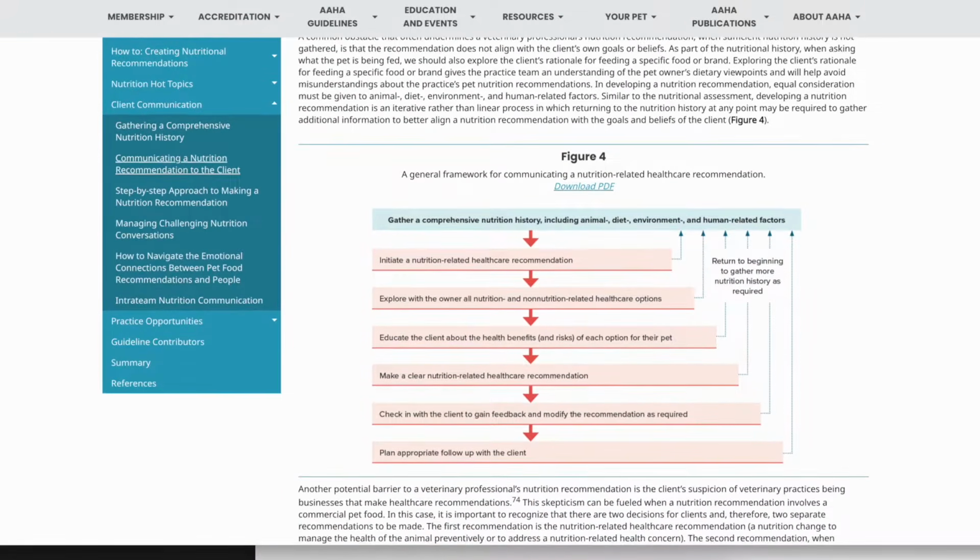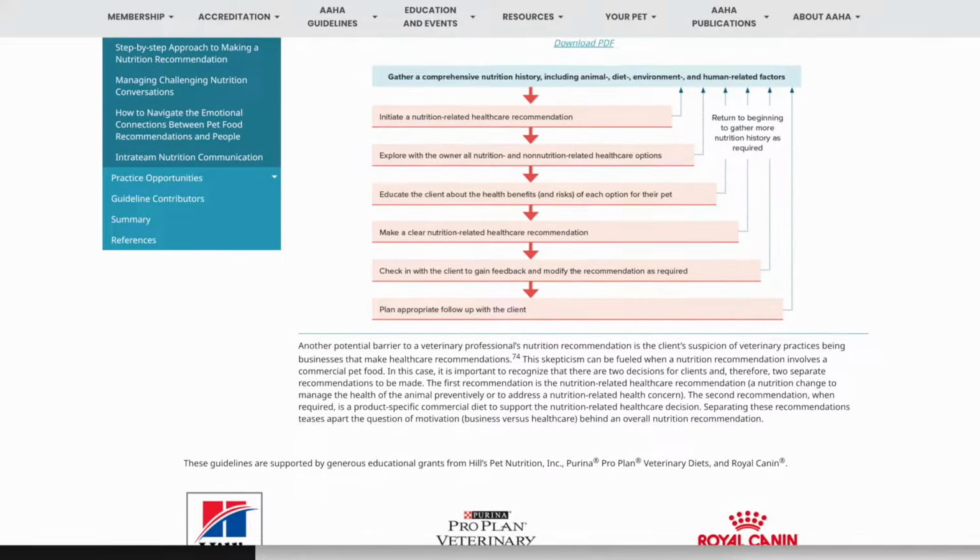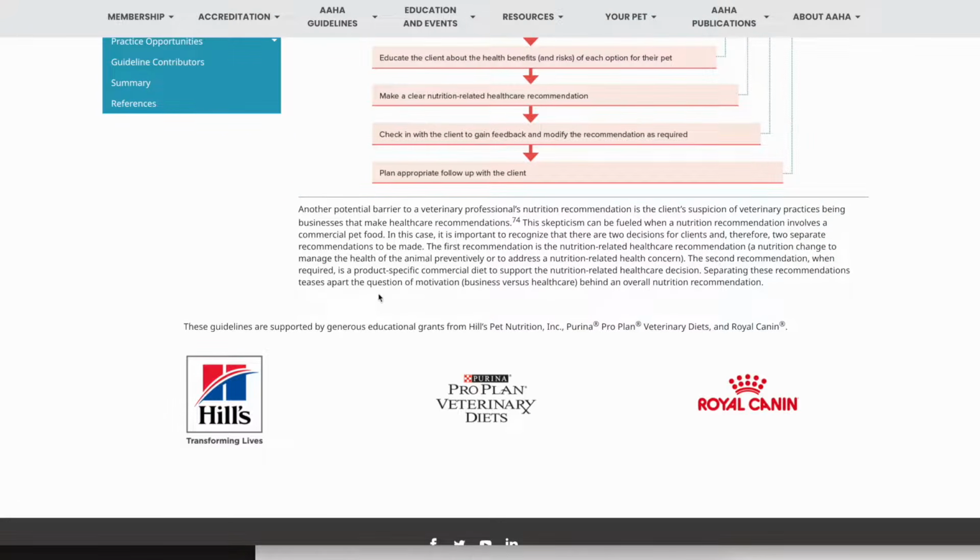So I'm going to include all of this stuff in my course. That way you can be confident and also prove to your vet that you know what you're doing. That way you don't feel like you're being bullied to feed a certain food. I mean, that might still happen, but at least you can go into the appointment and be like, here's what